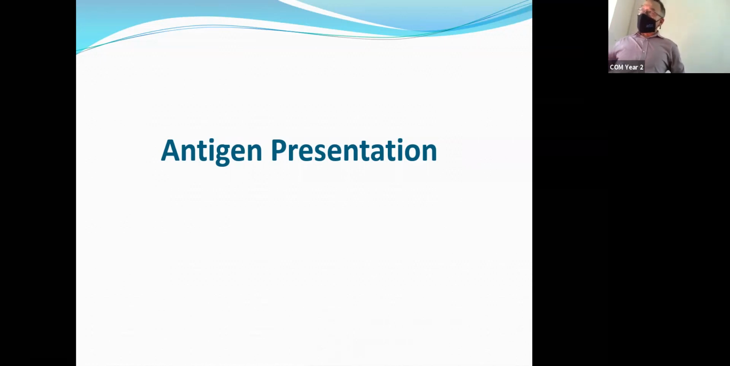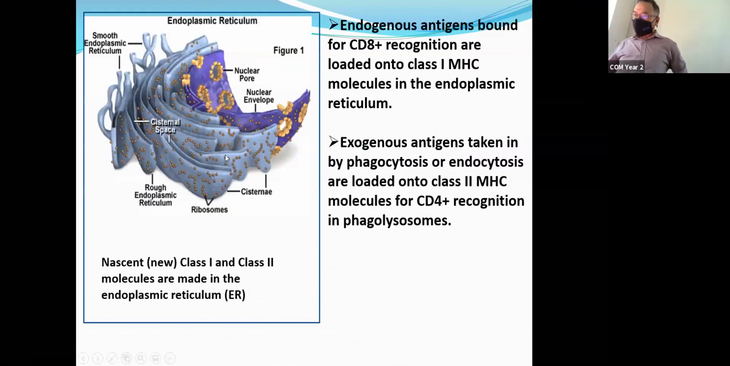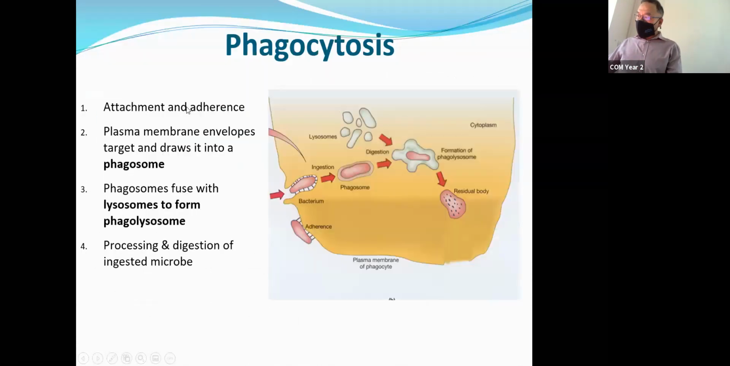The messenger RNA coding for class 1 or class 2 MHCs go into the ER, the ribosomes then make the proteins. And so both class 1 and class 2 are created in the ER. Now, if we talk about class 2 MHC loading first,